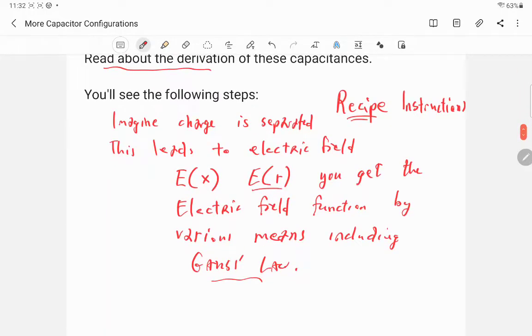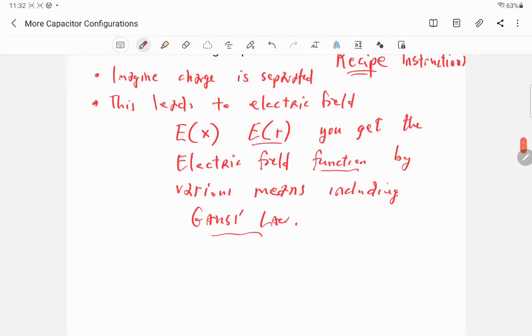So yeah, you imagine a charge is separated, and because charge is separated, you're going to have an electric field. But you have to figure out the electric field function. That is, how does the electric field vary depending on how far away from the axis or center you are? And then once you find the electric field, you use the electric field function to calculate